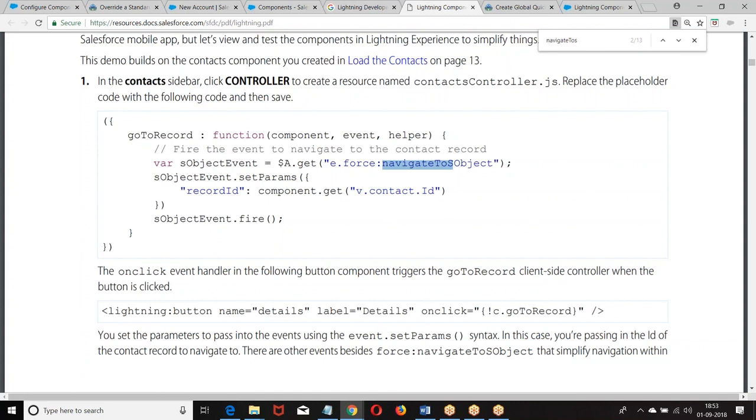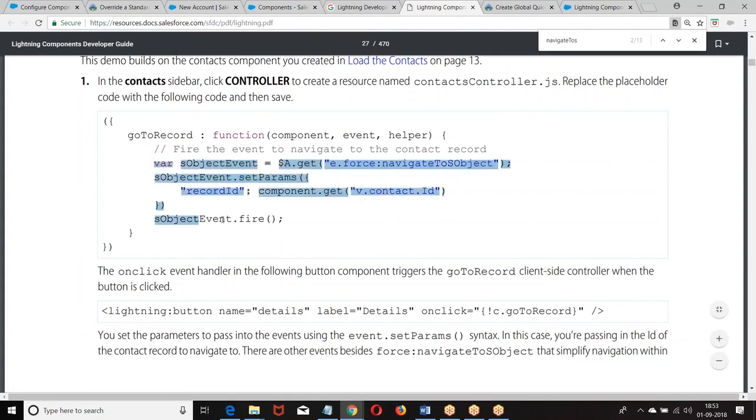No, it is not LDS. We are writing Apex programming. Now we have created our own card in which we have input elements. When you click on a button, it goes to the client side. In the client side, it reads the data, sends it to the Apex class, inserts the record, and sends back the ID. Then once you know the ID, how do you navigate? It is also a standard action only, defined under force:navigateToSObject. I hope you are good.